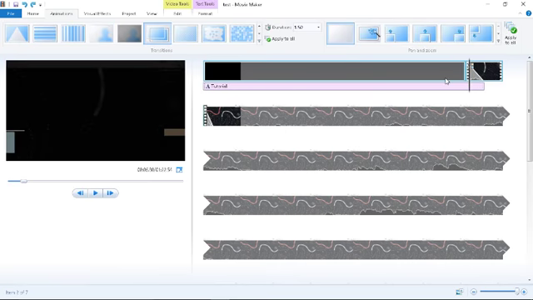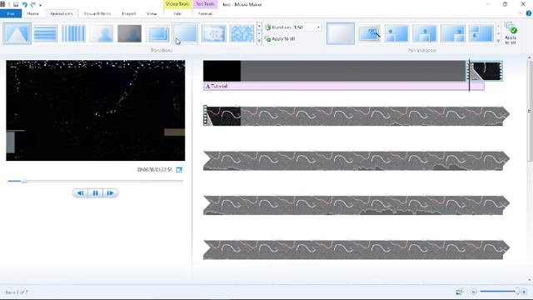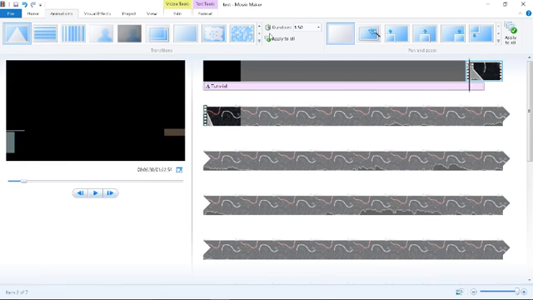Click on the beginning portion of the video that you want to add the transition into, and you can choose any of these. You can hover over it for half a second, and it'll give you like a little mini preview. You can adjust for how long